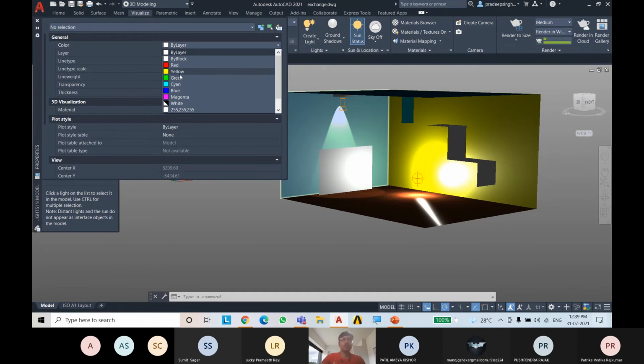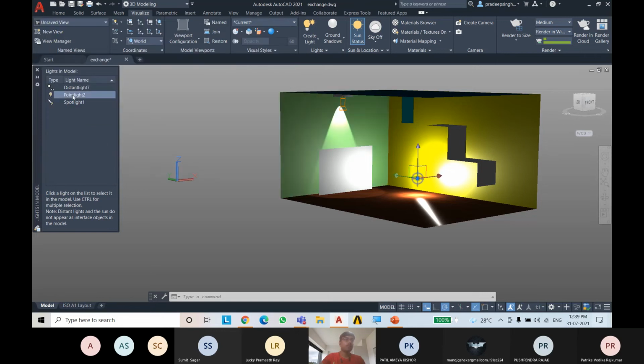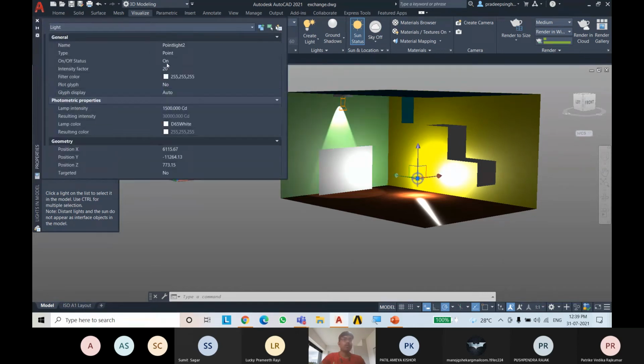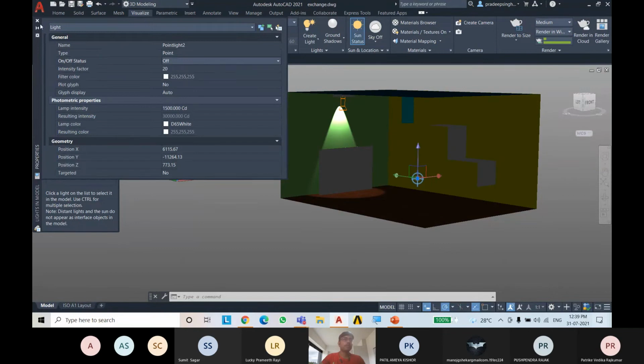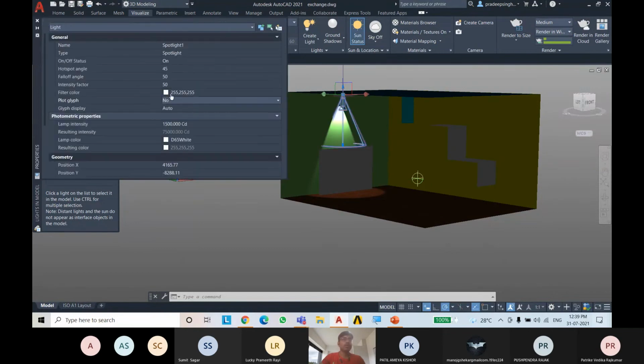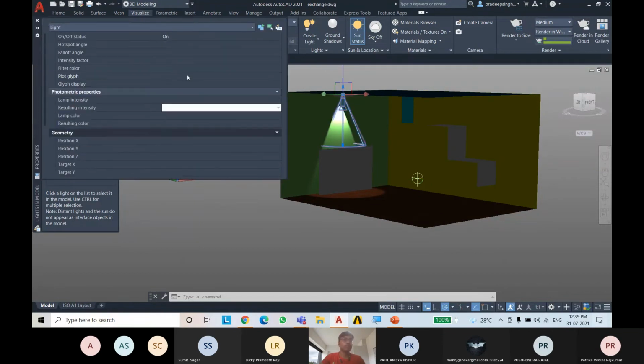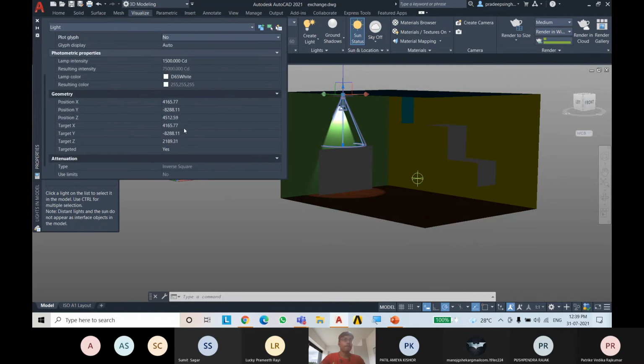You can also, let's first turn this off. Now use this spotlight. Use this lamp color.